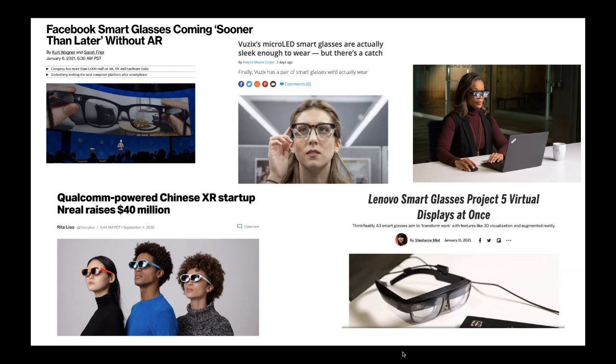Lenovo has this really cool one that basically can hook up to your computer, or you have the free roaming industrial model, but it's really cool as well because it hooks up to Windows. And then we have Nreal, which came out a few years ago, but you can see they're still raising money. So outside of the big players, we still have smaller companies that are also releasing these more streamlined glasses this year. And again, that comes back to those smaller, more energy efficient chips.